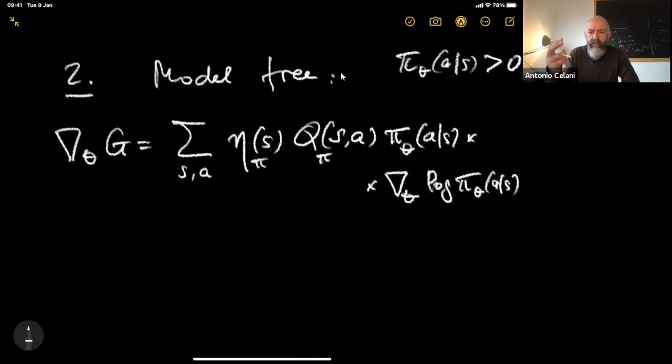And here there are two objects over which we want to take expectations. The first one is over states. And here it's very easy, this first step, because this object here is nothing but the on-policy distribution